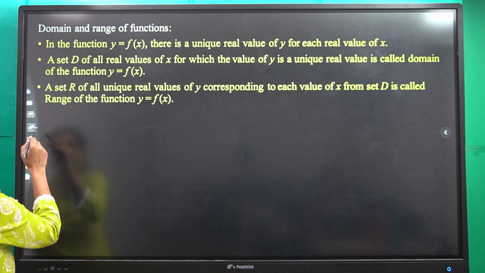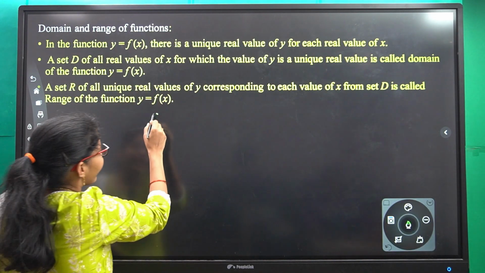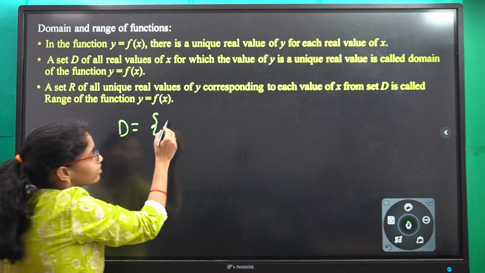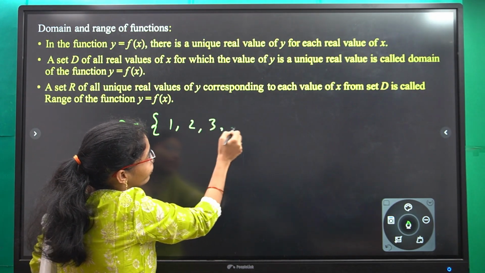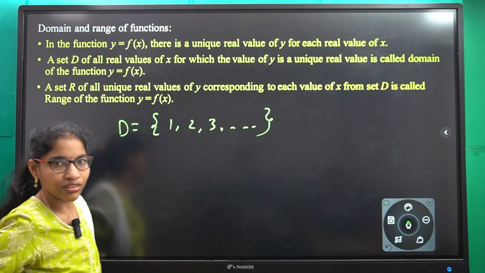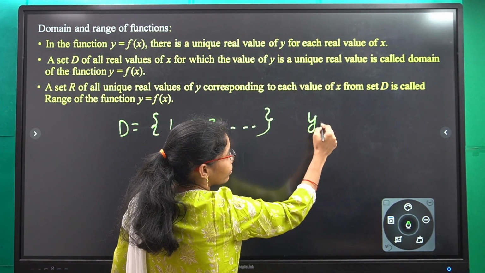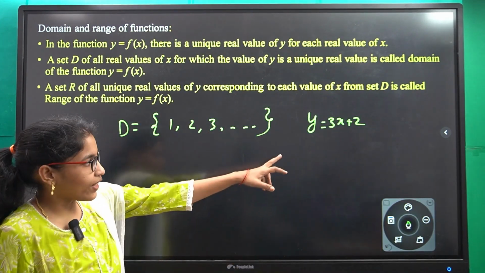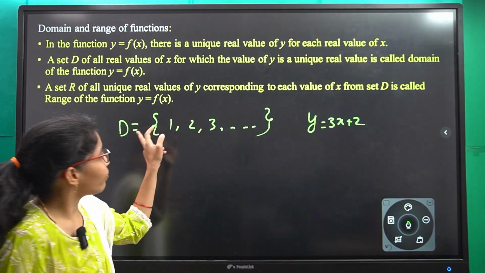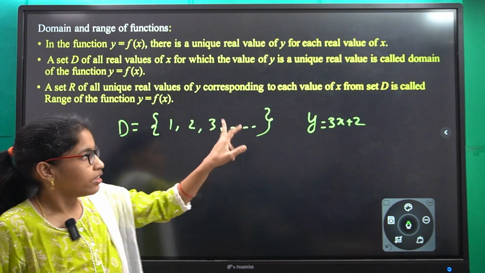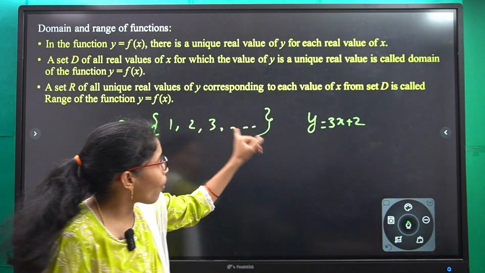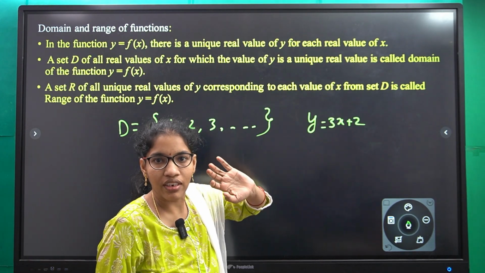Whatever values you take for x, suppose 1, 2, 3, 4, in a function y equals 3x plus 2, these x values 1, 2, 3, 4, 5, 6, 7 are all satisfied by this equation. That means these are all defined for this equation, right?